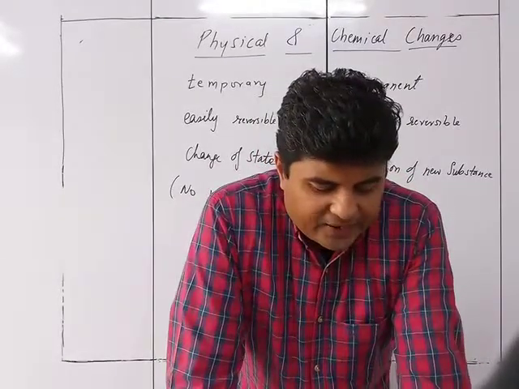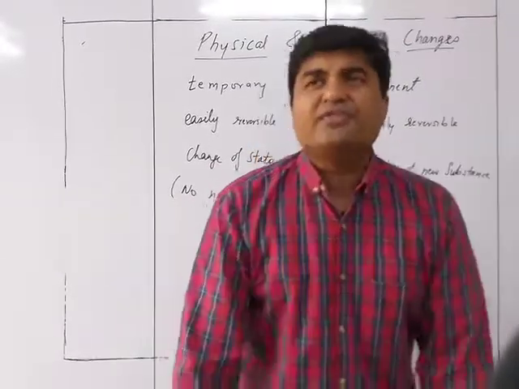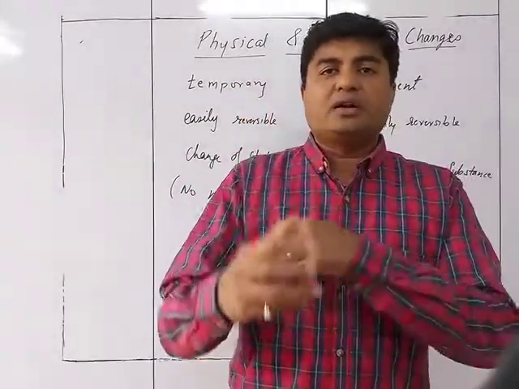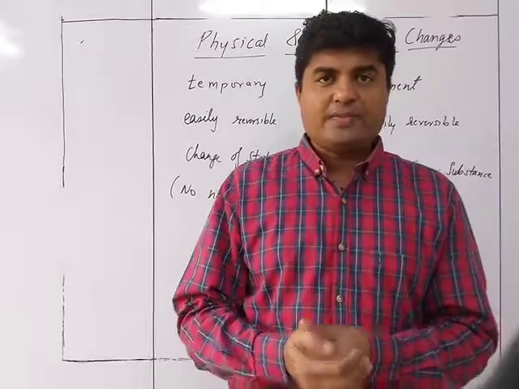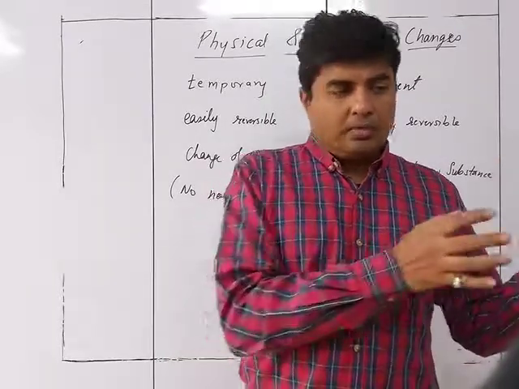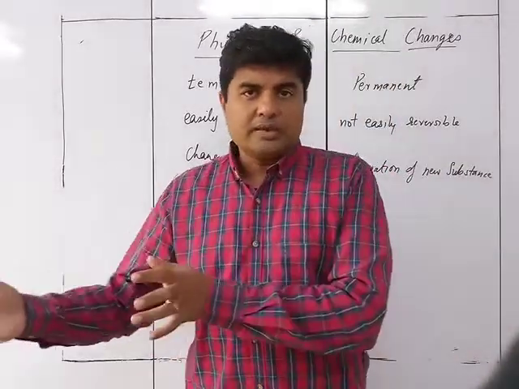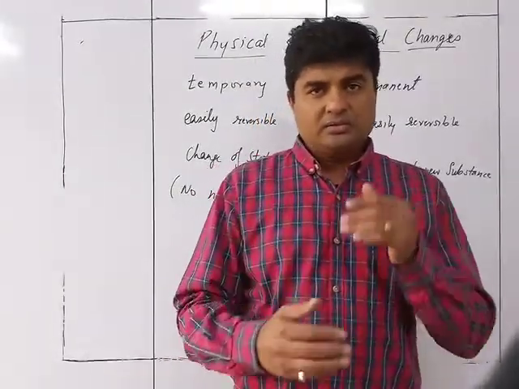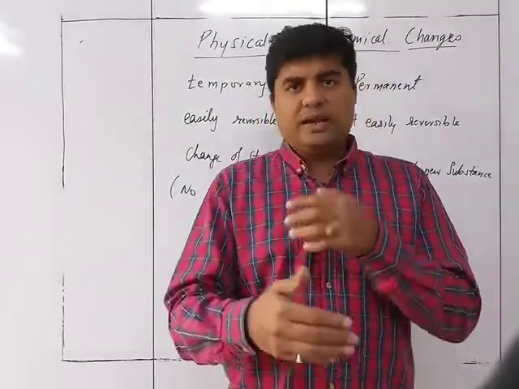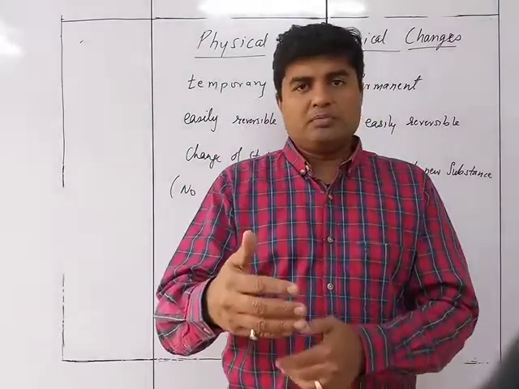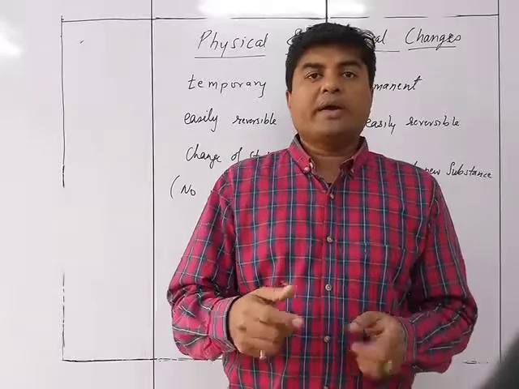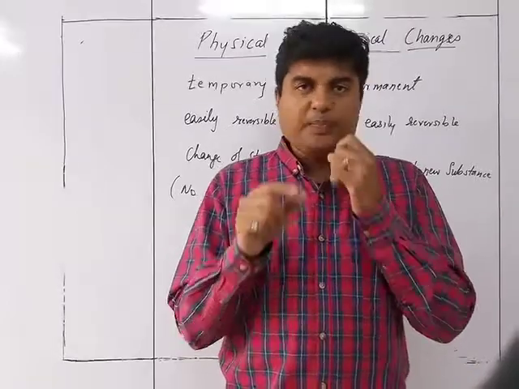Next is periodic and non-periodic changes. See, some kinds of changes are such that they are going to occur every certain period of time. Like for example, day and night. 12 घंटा दिन, उसके बाद अंधेरा आता है, night, then again day, then night. Okay, the seasons, like summer, rainy, winter, summer, rainy, winter. तो वो जो continuous चालू है वो क्या है? Periodic है. Okay, that is a periodic change.